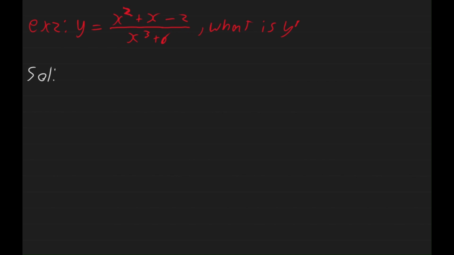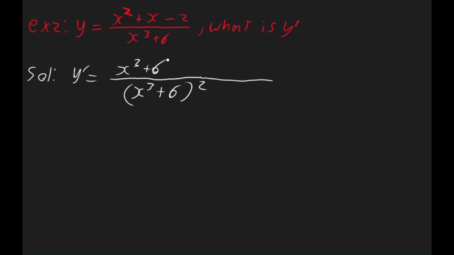Okay, now we have another example on the division rule. To differentiate this, we have y dash equals, applying the rule, in the denominator power 2, (x^3 + 6) all power 2, and just putting the denominator here and the numerator, multiplying it by the derivative of the numerator, which is 2x